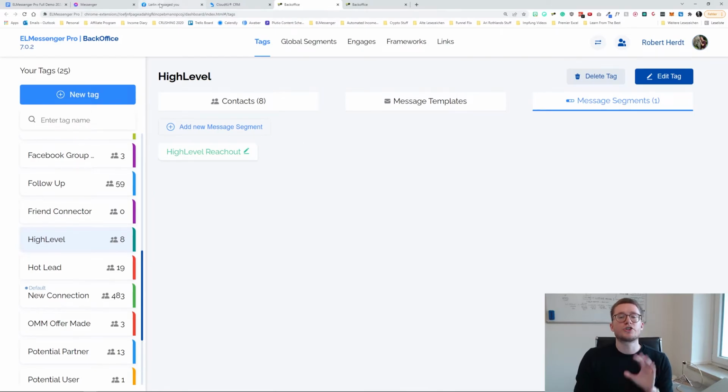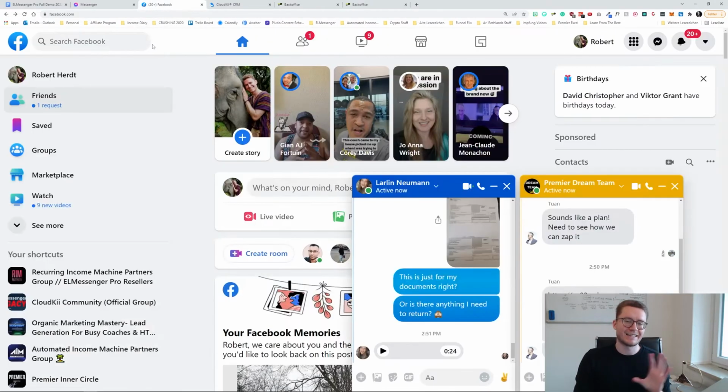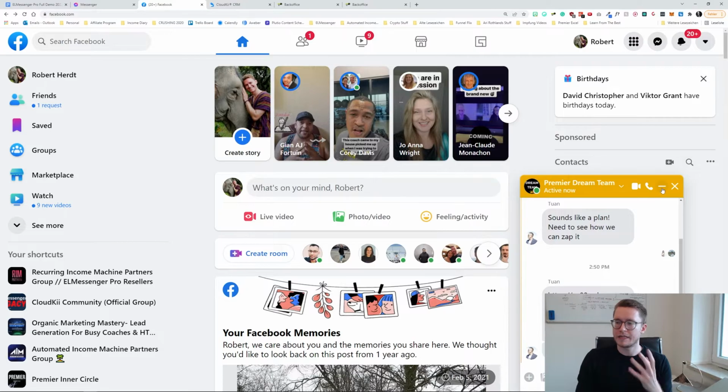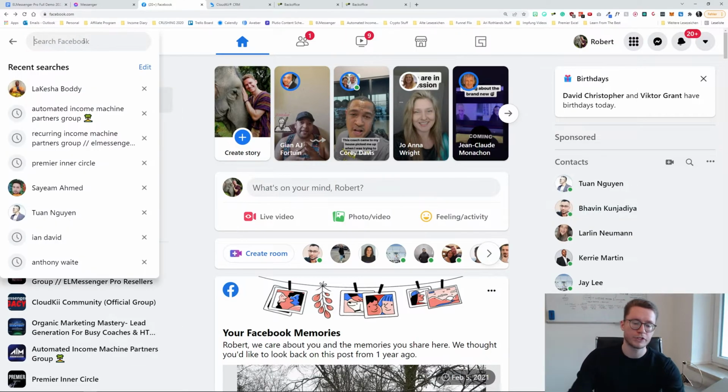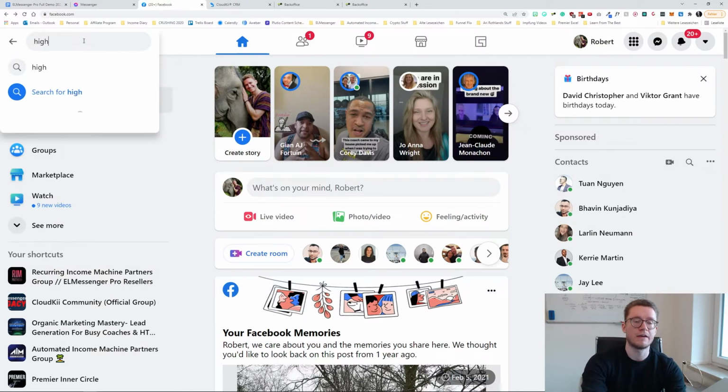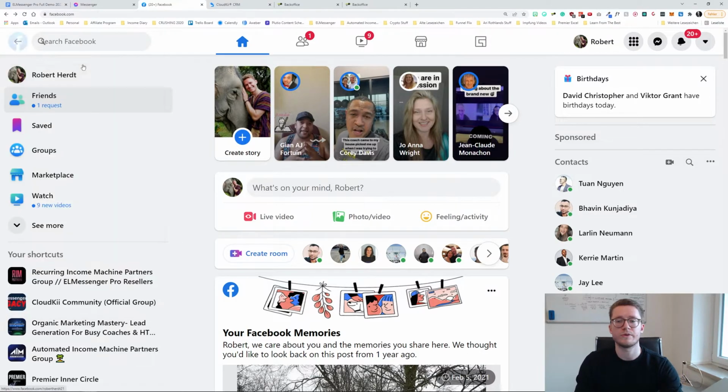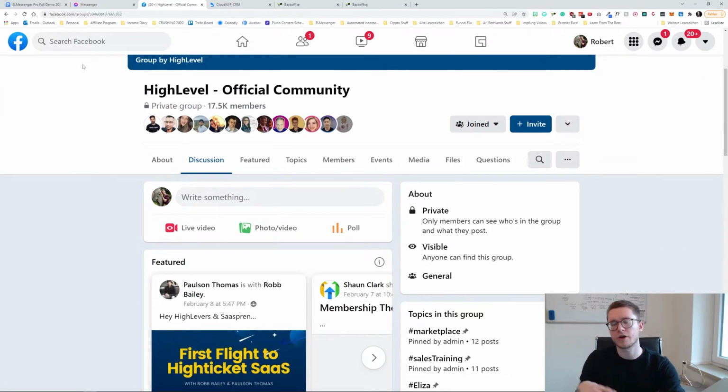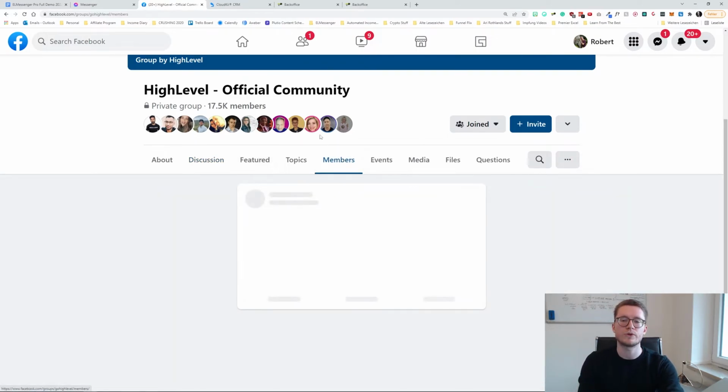Now, let me show you what that is going to look like inside Facebook Messenger, or the Facebook platform. First of all, you're going to pull up the Facebook group that you want to use it on. So ask yourself, where is my target audience already hanging out? What Facebook groups are they part of? What communities are they already part of? Go into that Facebook group, and then inside the members section right here, you'll be able to open up ELMessenger